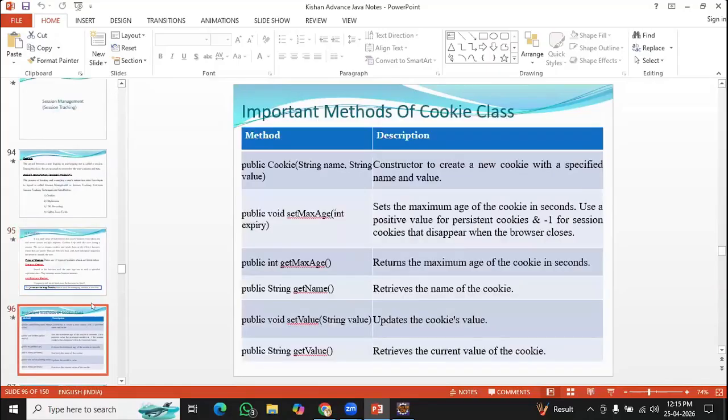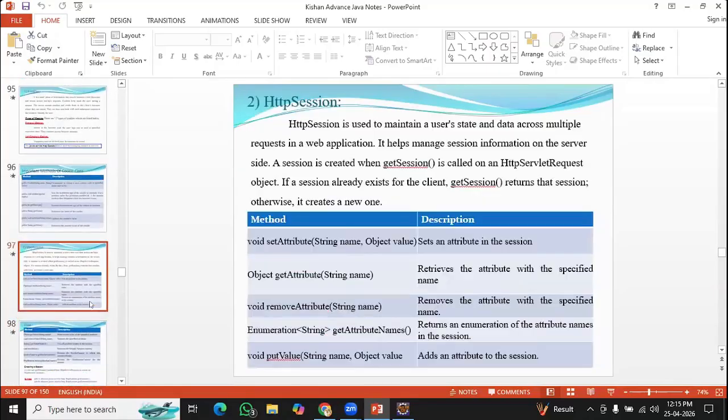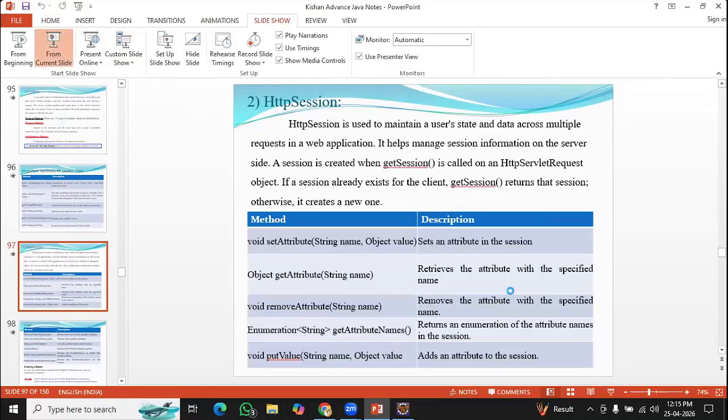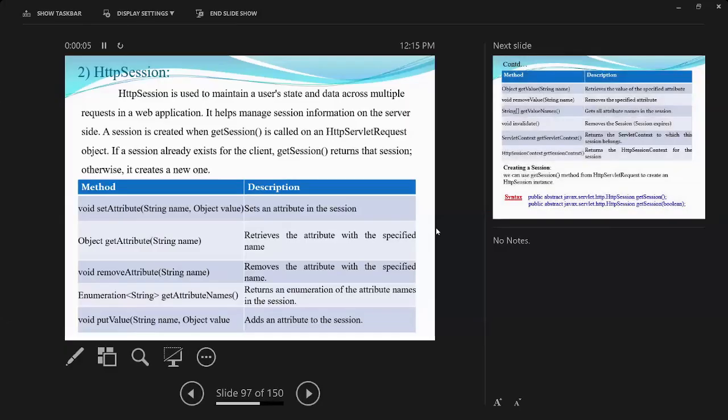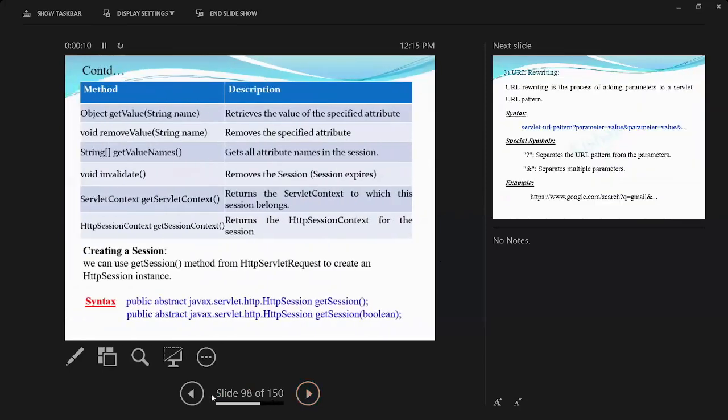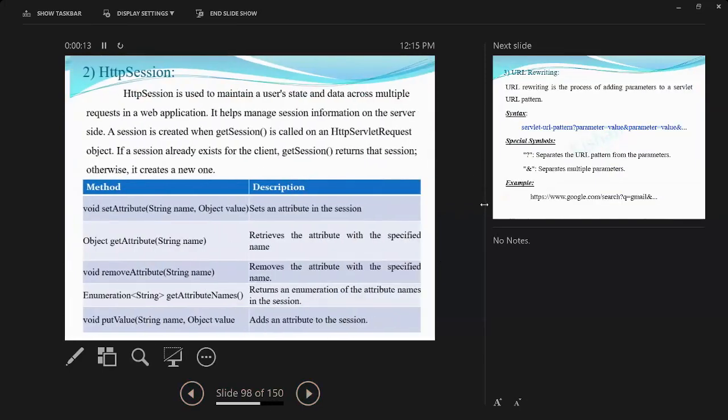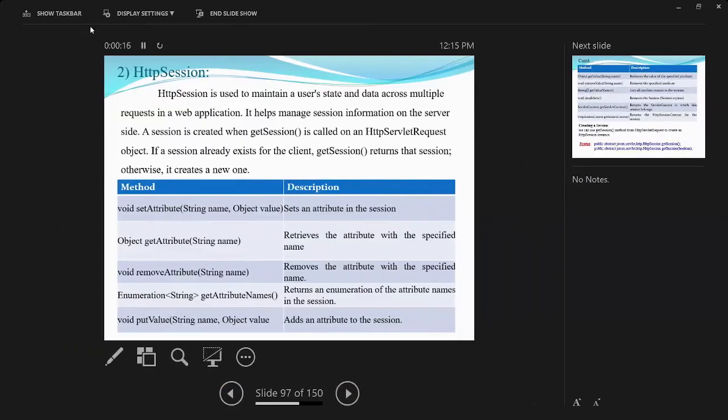Okay. We already completed cookies. Now please keep your heading as HTTP session. Note one small point for me. HTTP session is used to maintain users' state and data